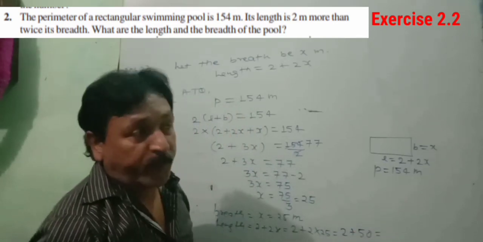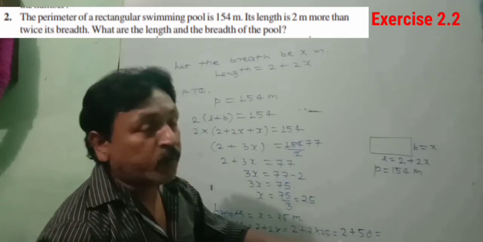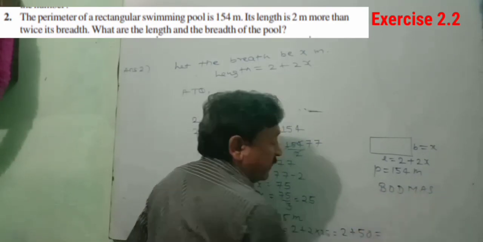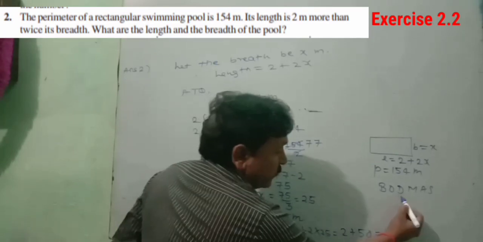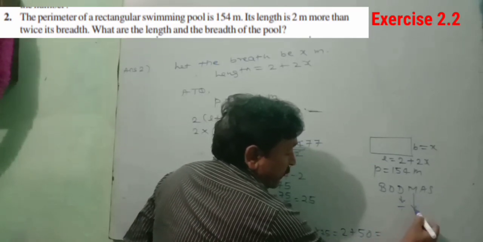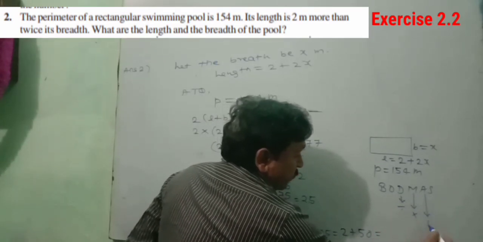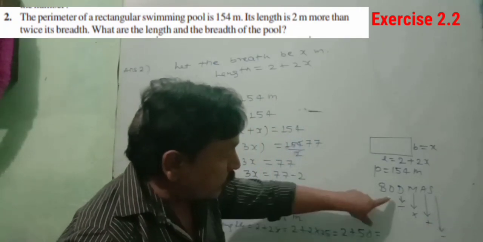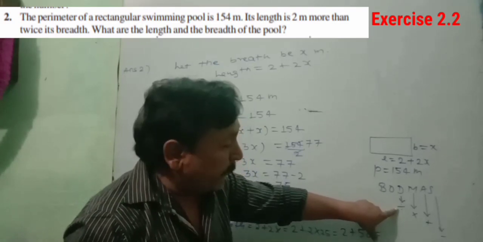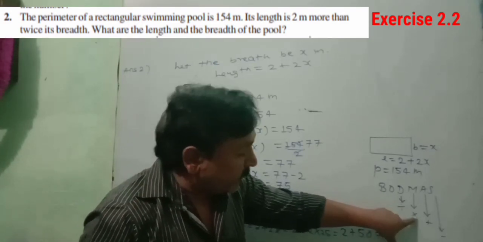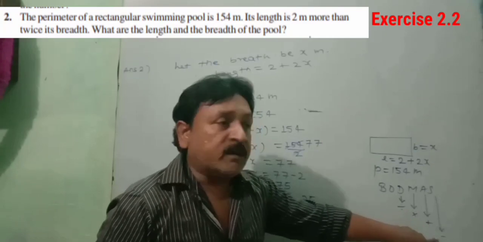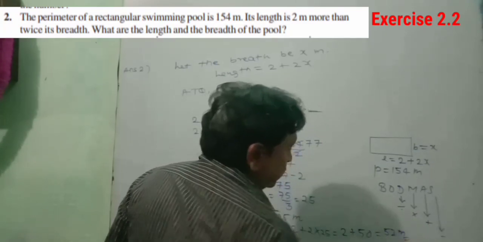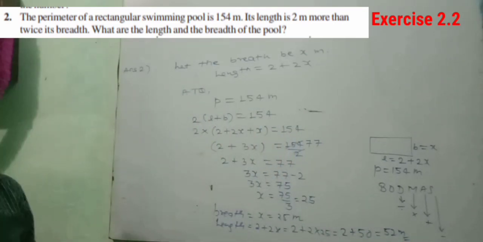Why? Because we have to follow the rule of BODMAS. We all know the BODMAS. According to this rule, D stands for division, M stands for multiplication, A stands for addition, and S stands for subtraction. Means in a question, first of all, we have to do the division between the numbers. After that, multiplication, then addition, and in the last, subtraction. So 50 plus 2, how much? 52 meter. Just note it and read question number 3.